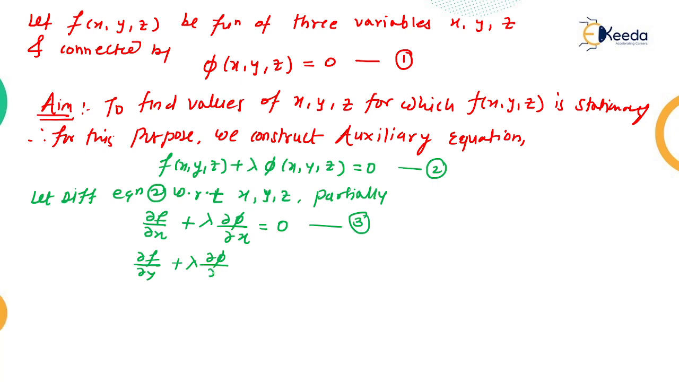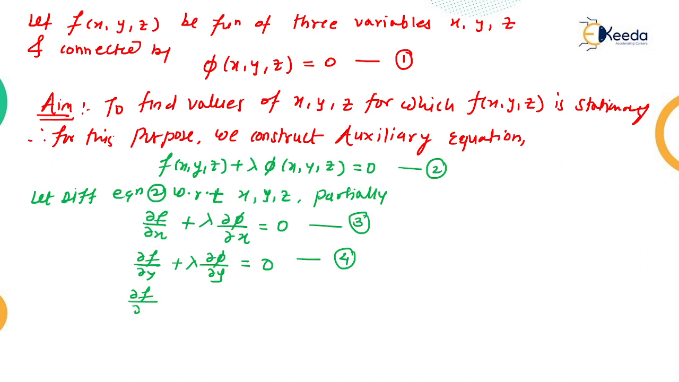Differentiating with respect to y, this is equal to 0. We get another equation, and for reference we call this equation number 4. Also, if we differentiate with respect to z, we get the third equation, that